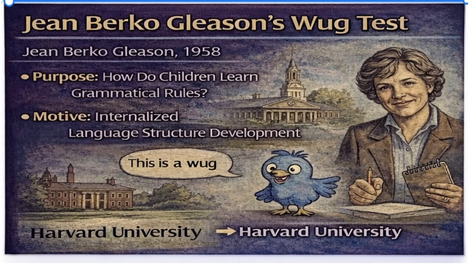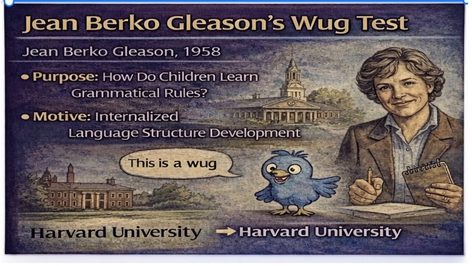Concept: syntactic structure. Experimental setup: Jean Berko Gleason's Wug Test. The Wug Test was conducted by Jean Berko Gleason in 1958 as part of her doctoral research at Harvard University. The experiment was designed to study how children acquire grammatical rules, especially syntactic and morphological structures, rather than simply memorizing